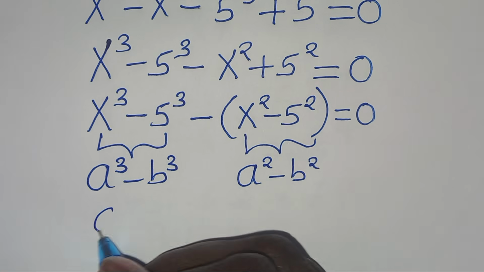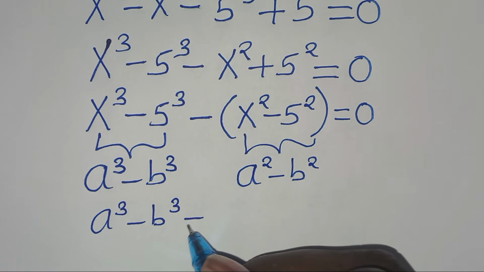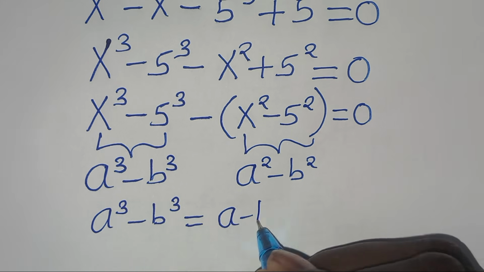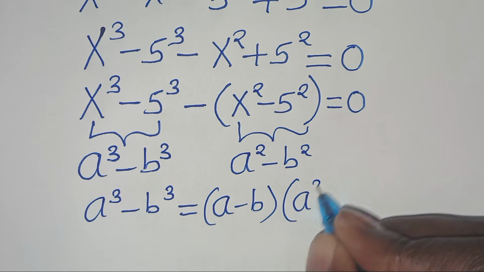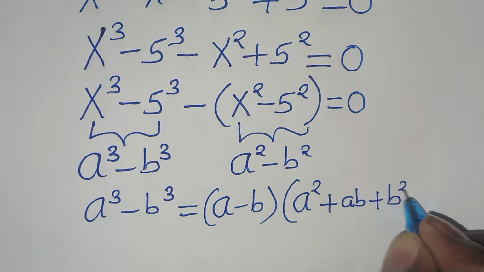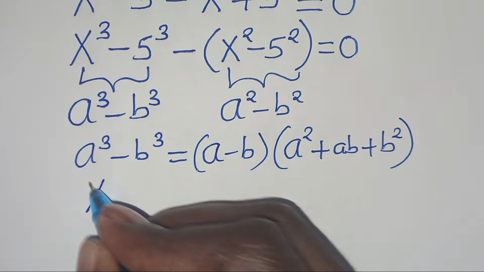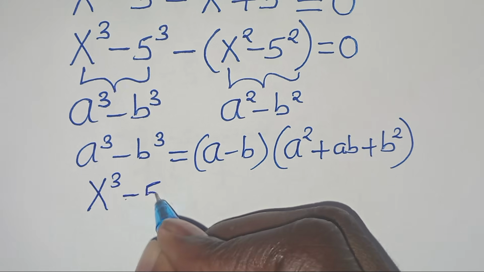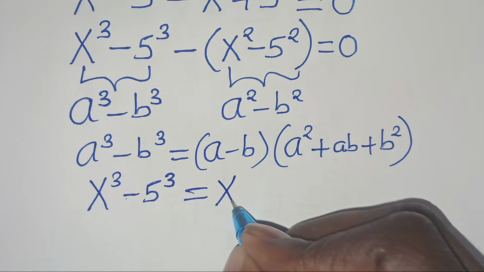This means that a to the power of 3 minus b to the power of 3 is the same thing as a minus b, into the parentheses a to the power of 2 plus a times b, then plus b to the power of 2. So x to the power of 3 minus 5 to the power of 3 can be expressed as x minus 5,